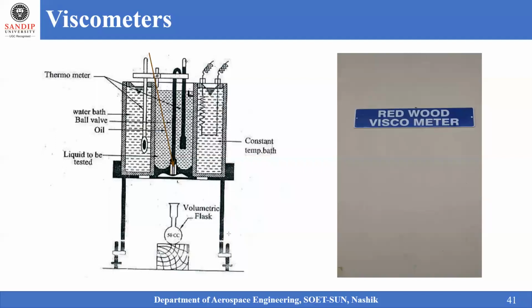Here A and B remain constant and T is the time interval, or the time taken to fill the flask of 50 cubic centimeter. By relating that, we can determine the kinematic viscosity of the given oil, and by converting the kinematic viscosity into dynamic viscosity, it can also be determined using this viscometer. There are a number of viscometers available in the market. Based upon the applications, we have different types of viscometers that can be best utilized to determine the viscosity of the given oil.